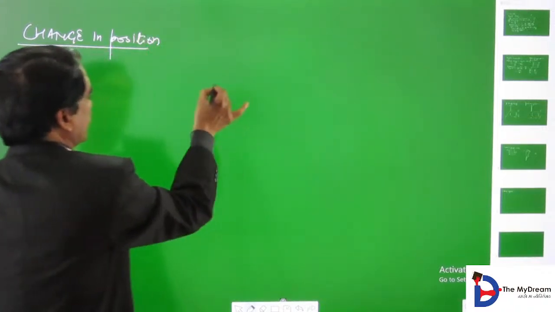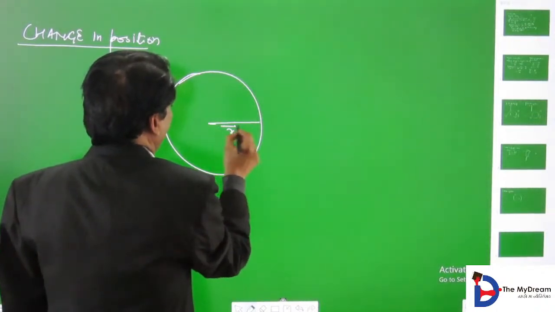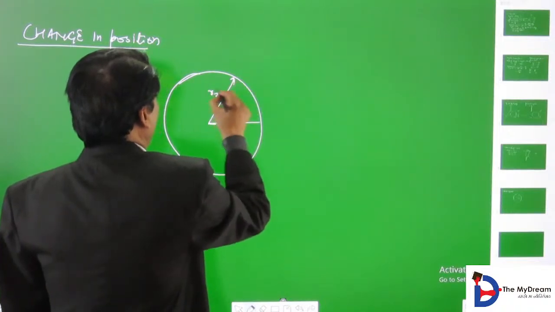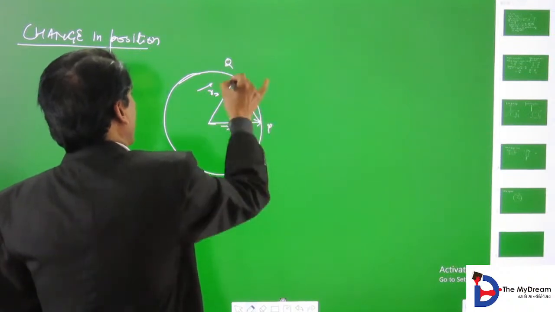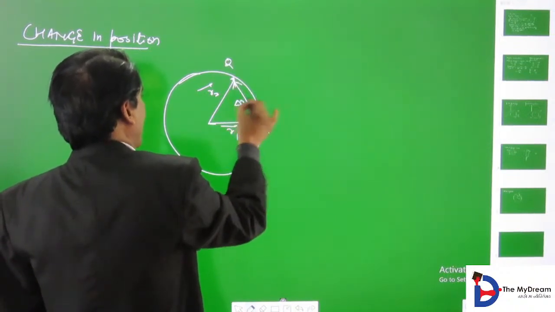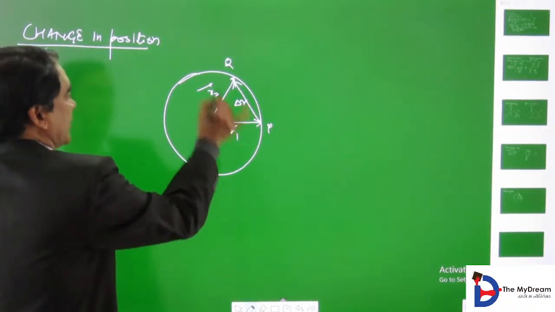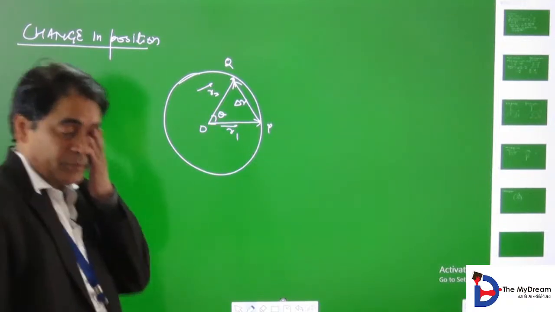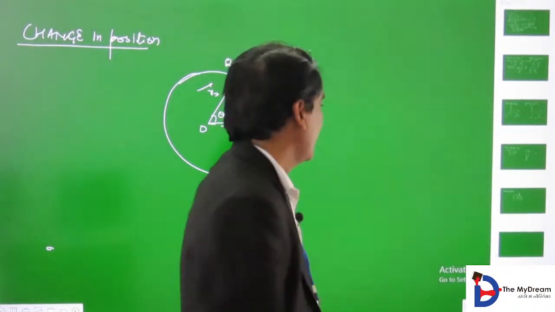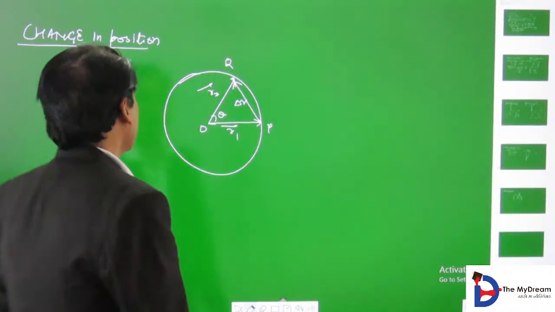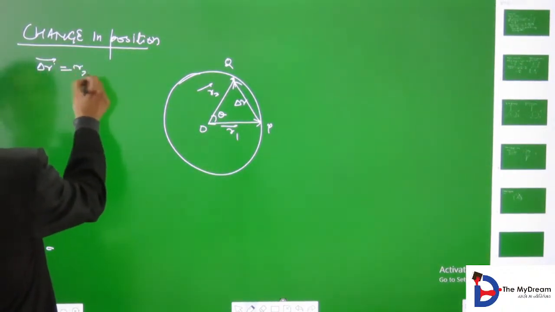Suppose this is the position vector r1, this one is the position vector r2. From P to Q, this is delta r. This makes an angle theta. From P to Q, the angle described by it is theta, and these are the two position vectors. So it can be written down delta r is equal to r2 minus r1,